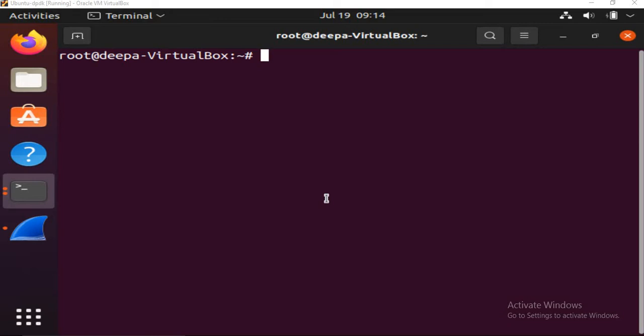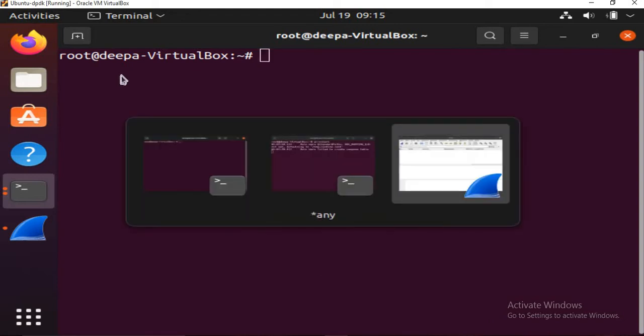Usually the FTP server is present in a remote machine, and a local machine where the client is running connects to the remote machine. But for demonstration purposes, I'm using both client and server in the local machine itself. So my client in the local machine connects to the server in the local machine itself. I have installed the FTP server and it is already running. Now I'll demonstrate how it works.